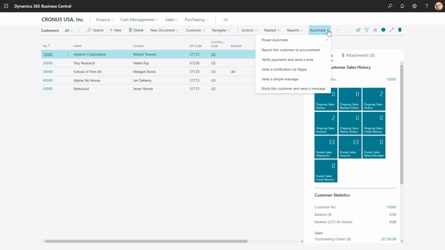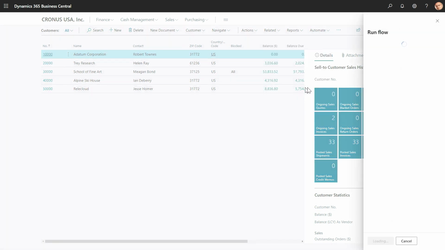I will use this flow, which I defined earlier for the demo. This flow actually blocks a customer and sends a message. It's obviously just a simple demo scenario. You might want to build something more advanced and something that is precisely fitted to your business need. But in this case, I'm running this flow,